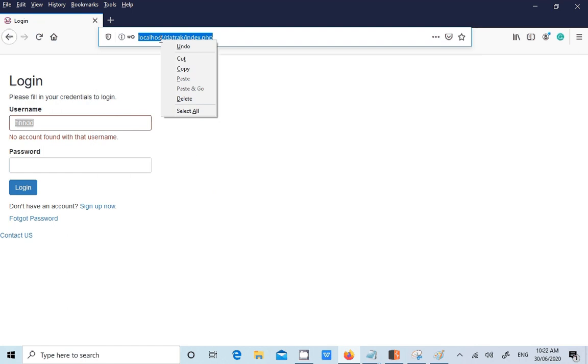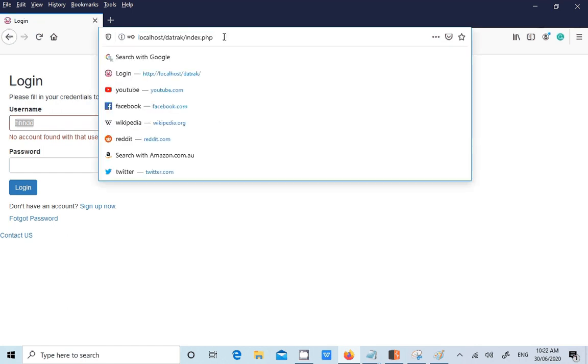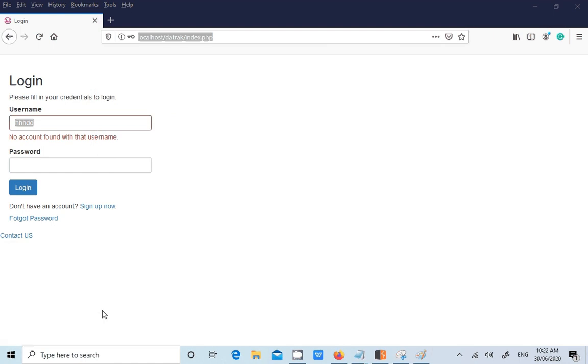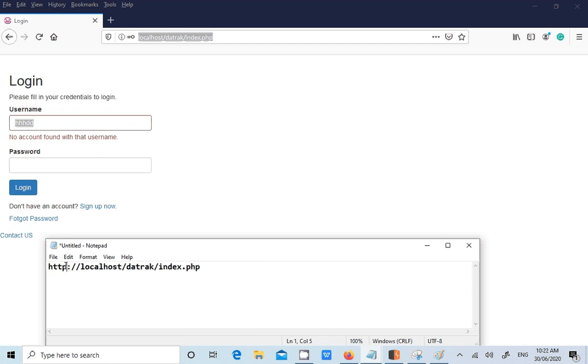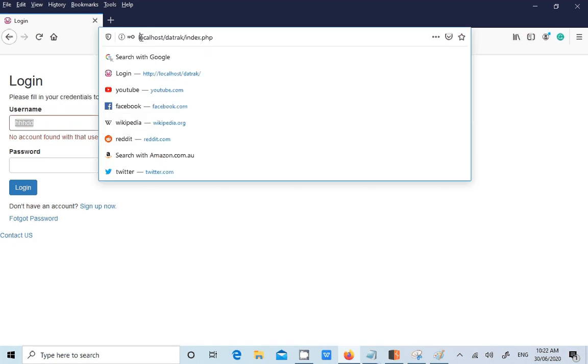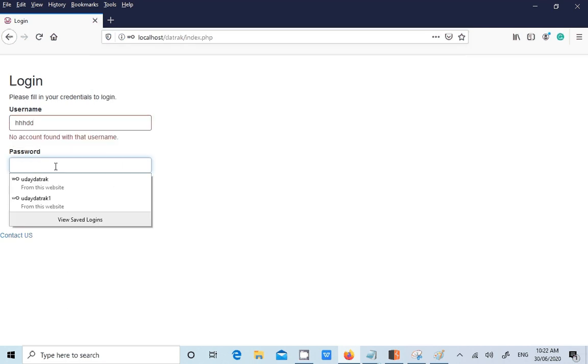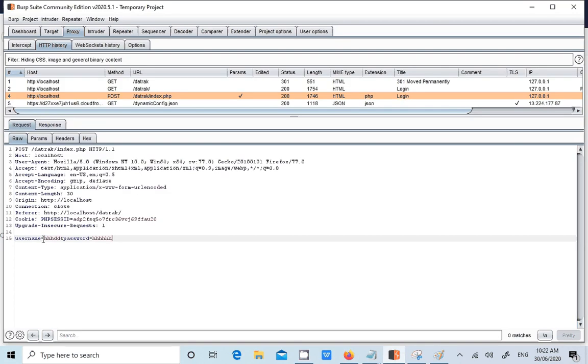Sometimes some people blindly check on the home page, like they copy the URL and paste it in the notepad, and if you could see, it is showing as HTTP. No, this is not the right approach, because some secured applications show HTTP on the home page URL, but when you enter username and password, the data will be encrypted in the backend using some technology. So you need to make sure that after entering the username and password, you check whether your password is sent encrypted or in plain text. You have to see that here.